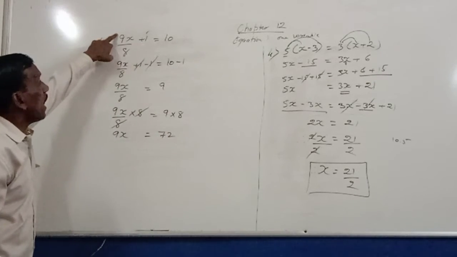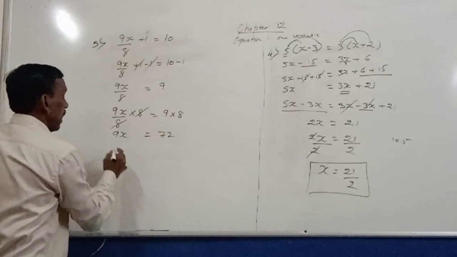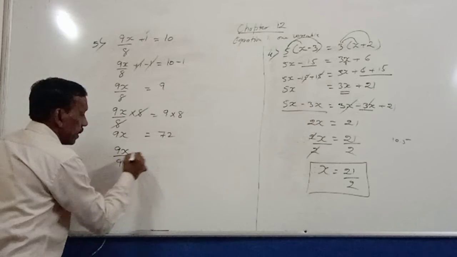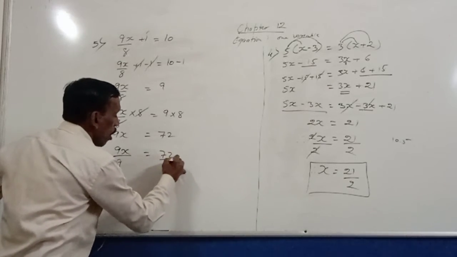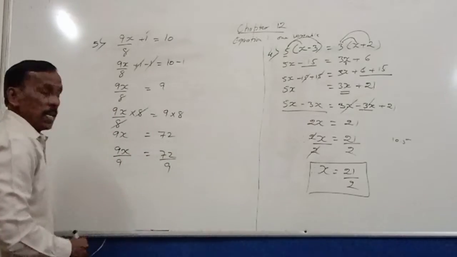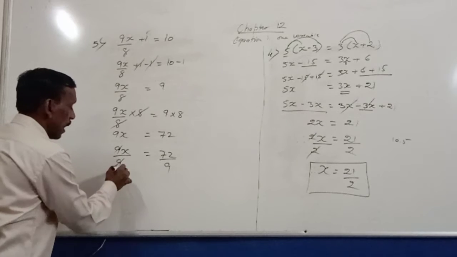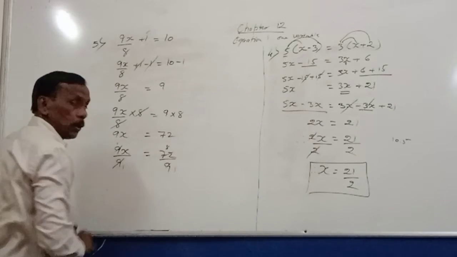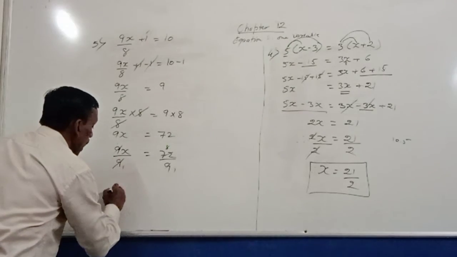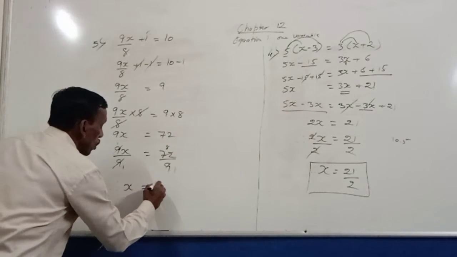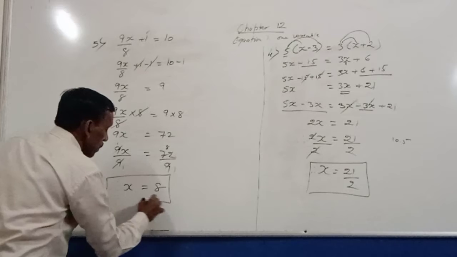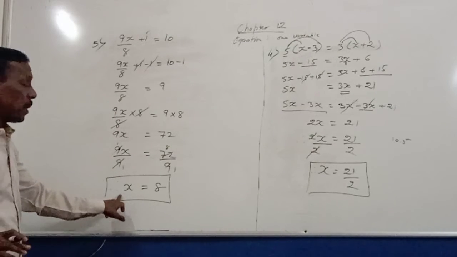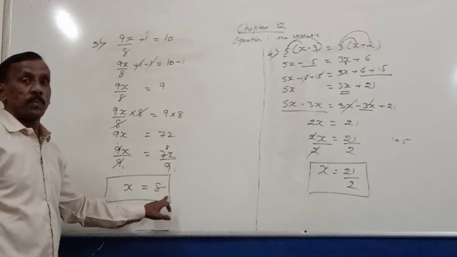Now the third step is here. 9 is here. I have to remove this 9. So what to do? It is multiplication, so what do I have to do here? Divide. Same like this here also: 9x upon 9. This 9 is cut, 9 ones are 9. Here also you can cut, 9 eights are 72. So what is the remaining? Therefore x is equal to 8. Understood here? Now you know x is equal to 8.